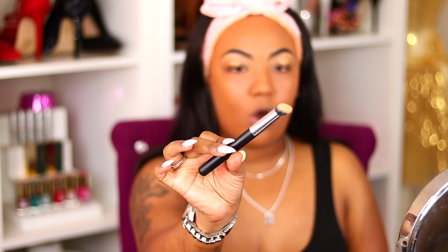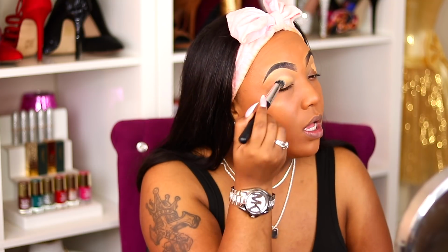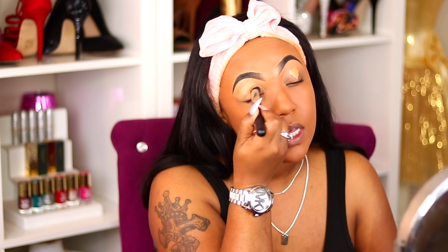And I'm going to use my Japanese brush. This was a part of the Bake Duo, and I really love this brush. It's just so soft and small. Kind of gets in those areas, sets everything. Now